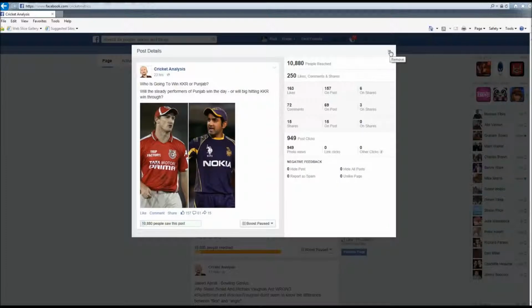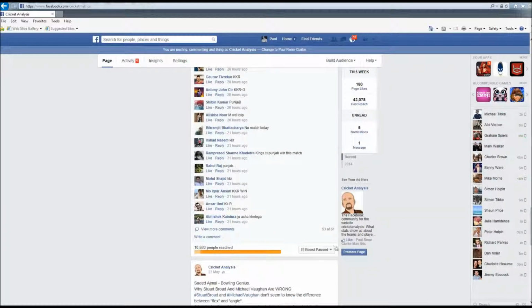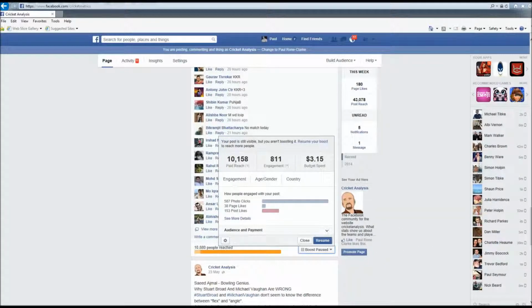How much did I pay for 1,000 clicks that didn't go anywhere? $3.15. The reason I only paid so little was because the game was called off and it started to die off. My spend got down to about $3.15. I was left with about $1.85, obviously, because I put $5 on, and it really slowed down because the game had been called off due to rain. Oh, that's cricket for you. So I just stopped it.